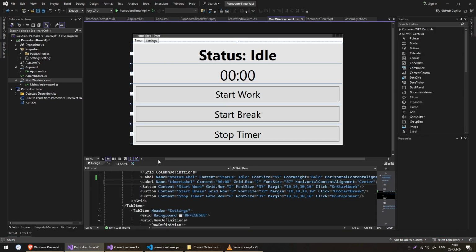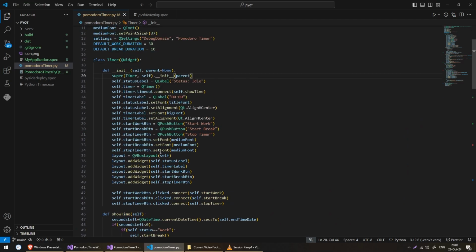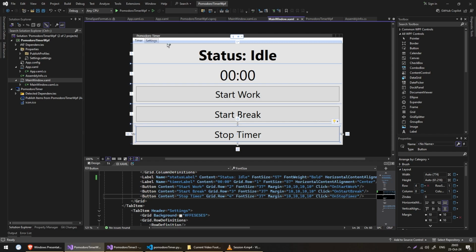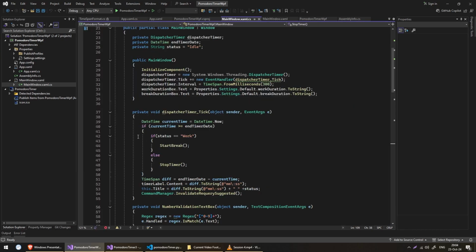Another benefit to WPF that I noticed is when I look back to my code with Python and Qt, I had a difficult time figuring out what my code does. But with WPF, it's easy to change my layout no matter how much time has passed. And the logic is separated from the design. Everything is really well organized out of the box.